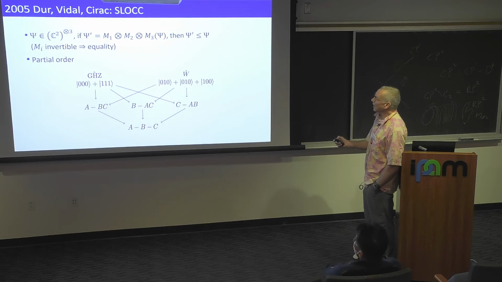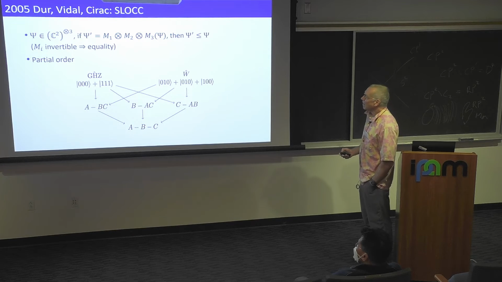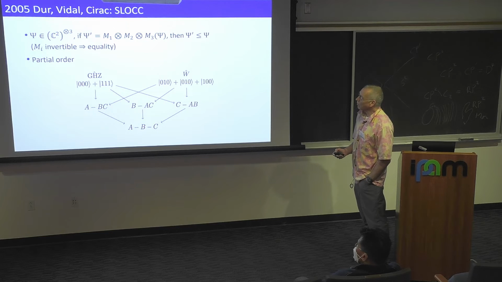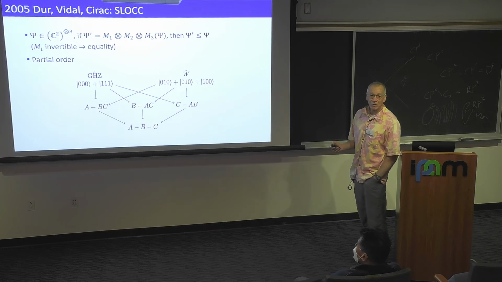That's the stochastic, and then of course local operations: you can act locally on the factors and you can chat back and forth classically. Well, if you work through that operational definition into linear algebra, it turns out it has an extremely simple form,